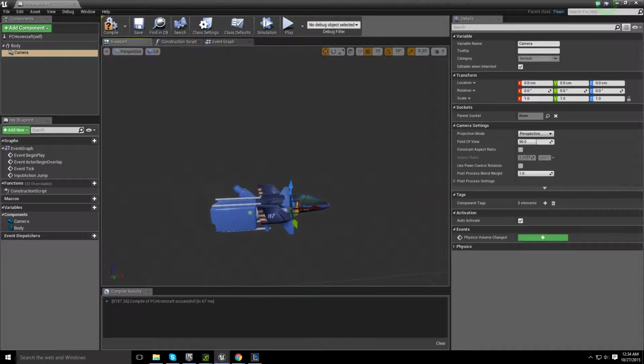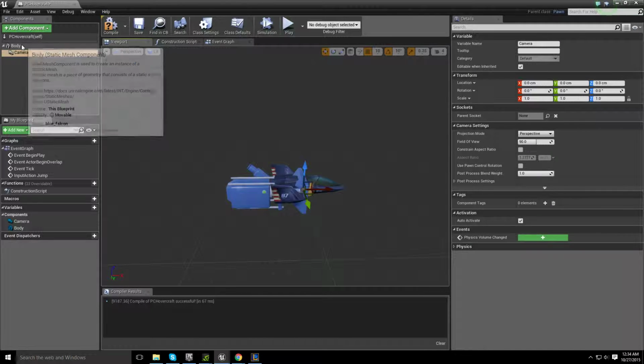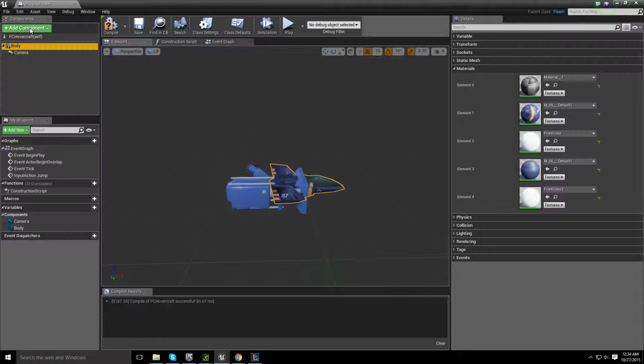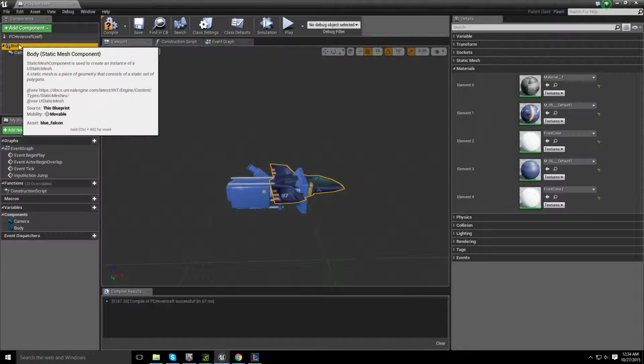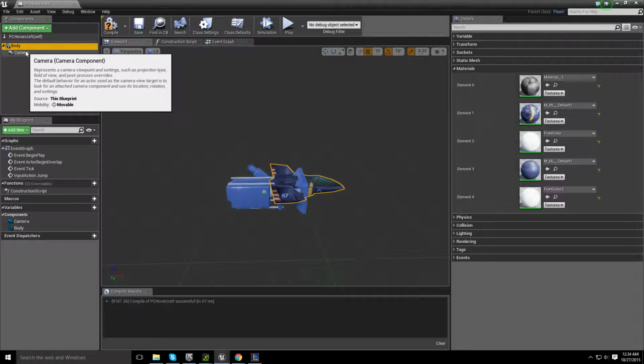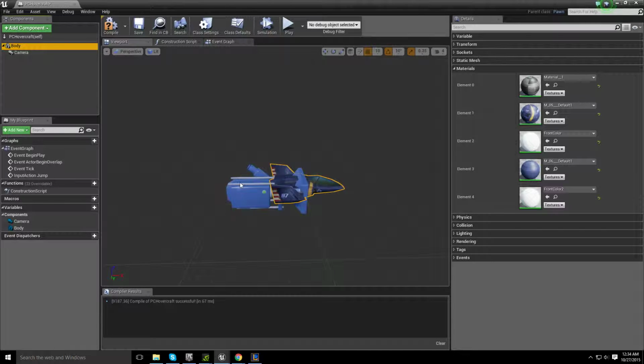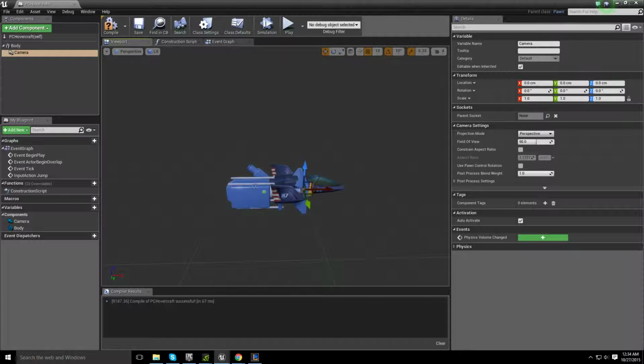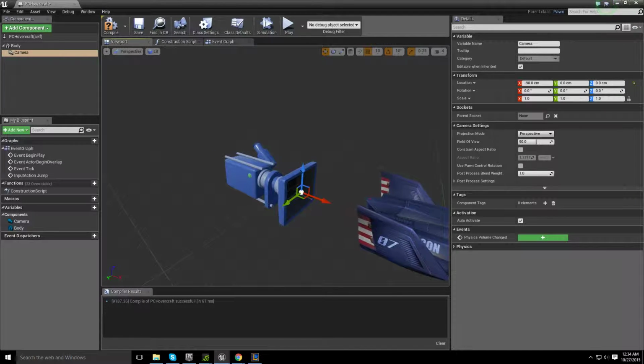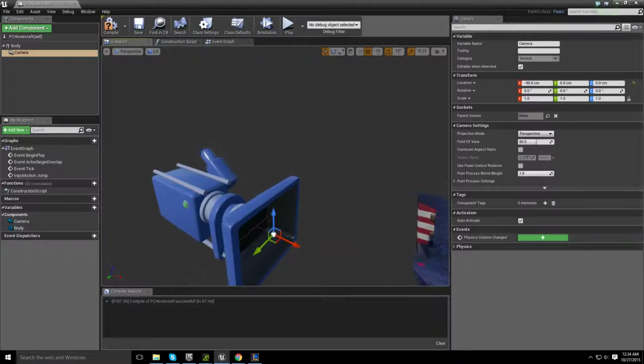So we add the camera, and by default, if you have the body selected when you add the component, the camera should be parented to the body. The body should be the parent, the camera is the child, and what that would mean is that as the body moves around, the camera will follow it the exact same distance. Now, I'm actually not going to use this implementation, even though I am lazy and I do enjoy using the simplest implementation of a given